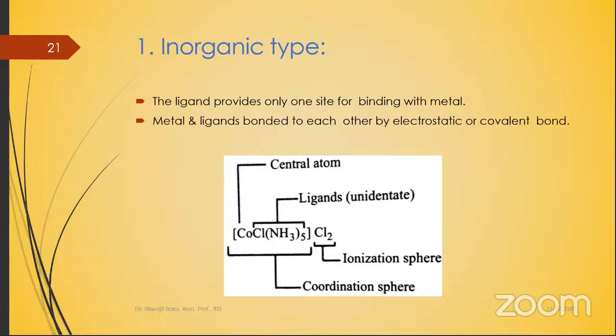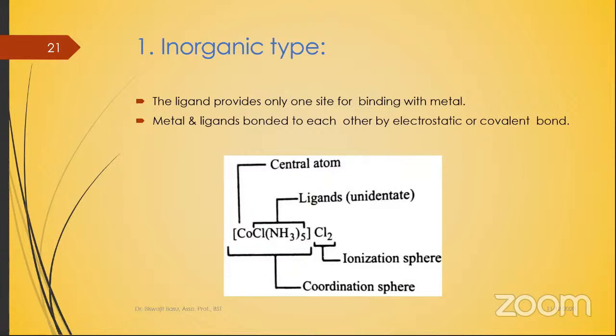Now, the chloride ion in the coordination sphere cannot be precipitated by silver nitrate. What did I say? There is chlorine, CoCl. We have a test for chlorine: if you add silver nitrate, a white colored precipitate forms, right? You have studied this in chemistry. When we add silver nitrate, a white colored precipitate forms. What is this white precipitate? Silver chloride, AgCl. So in this case, the chloride ion present in the coordination sphere